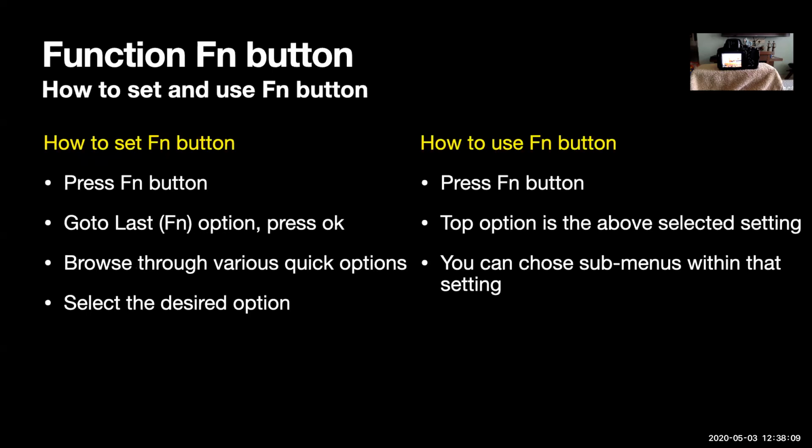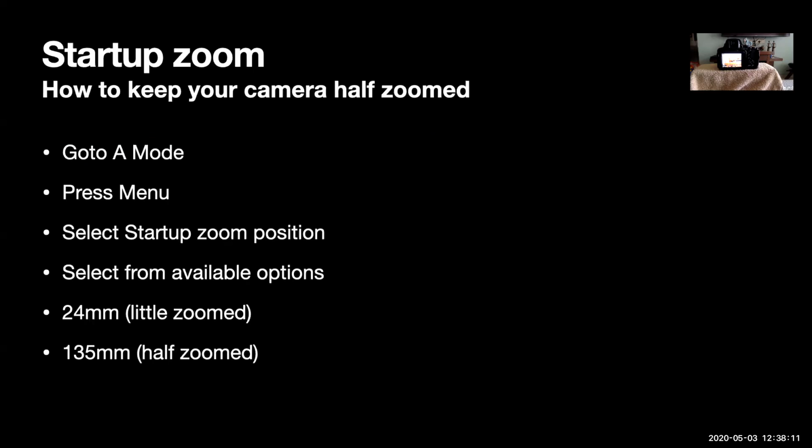Uday has suggested, which is very valid, that whenever we click any photo, we should at least see it once before clicking. If you're starting a series, let's say you have identified a bird and you're clicking, just try clicking one or two photos and see how it looks, and then click the remaining ones. Because even I tend to miss that, and after ending the shoot, we see we haven't changed the settings and we goofed up. So that is a very good solution.